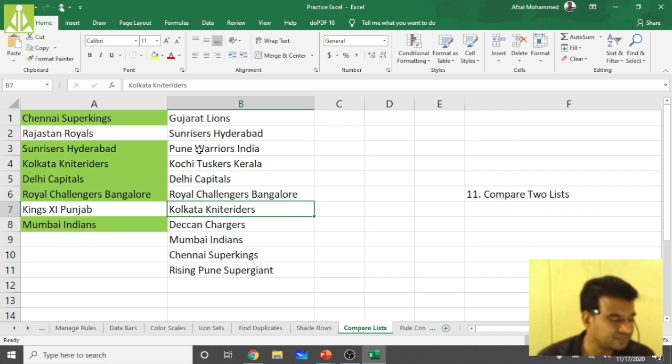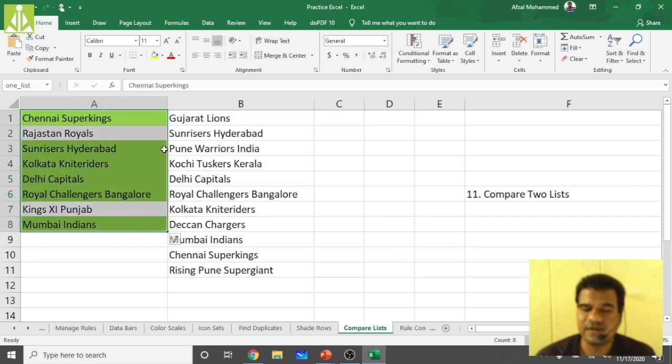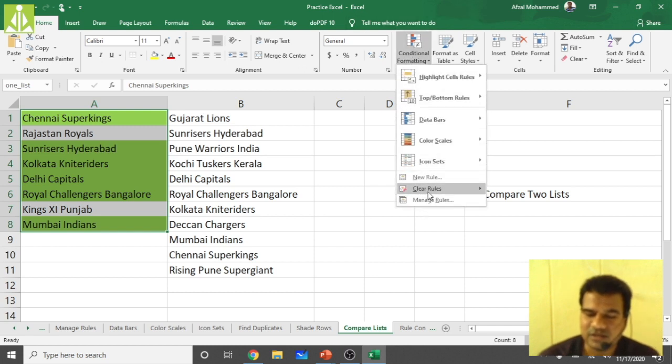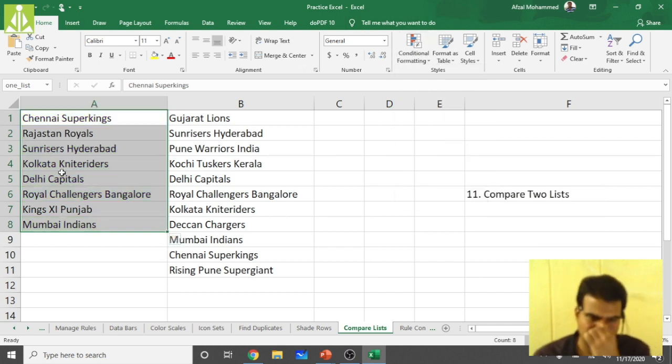And the other one: whatever new teams we have, and whatever old teams were left out from this 2020, to find that out, what we have to do? Just now we checked what new teams formed which are not there in the old team list. Those two are Rajasthan Royals and Kings 11 Punjab. They are not there in the old team list. They formed just now. That's why we got those two names only in the new list but not in the old list.